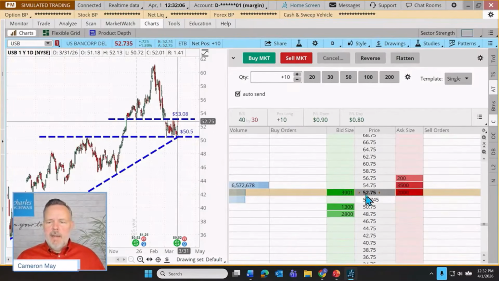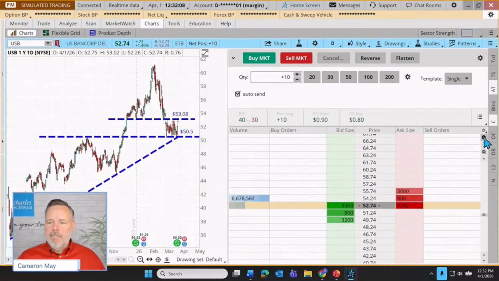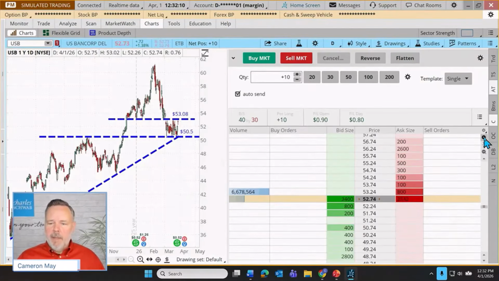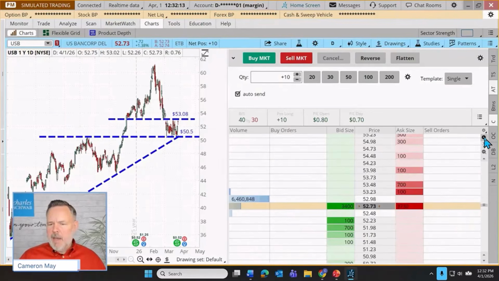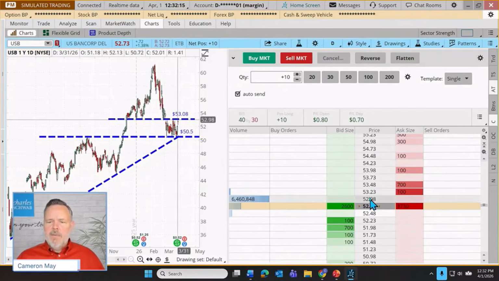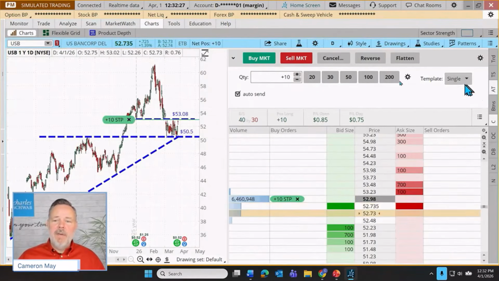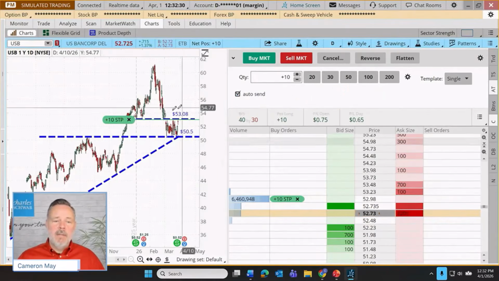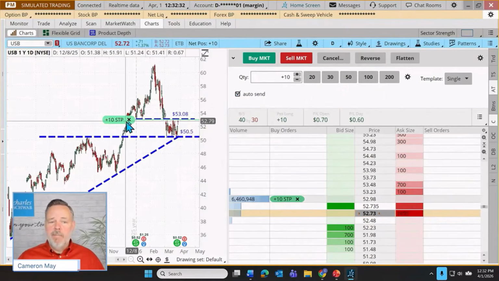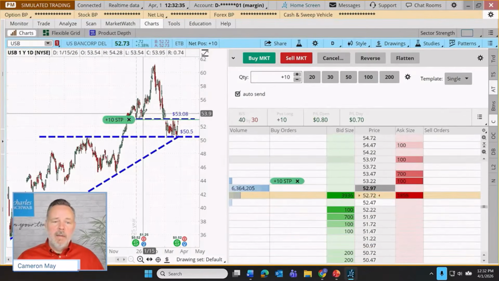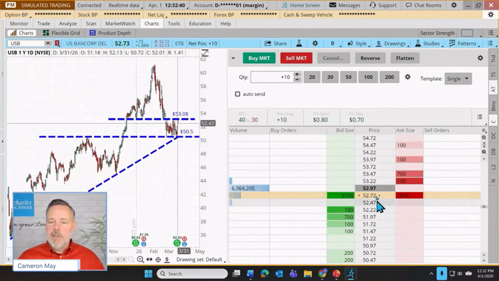So if I wanted to put in, I clicked on the wrong one. Rookie error. Let's go the other direction. Let's see, what are we at now? There's our 25 cents. So for example, if I wanted to put in a buy stop order close to the $53 price, I can click on that bid price, and that created that buy stop order. Now notice I still have my auto send selected, so it didn't wait for a confirmation. If I don't want that, I need to click that off. So let's click and cancel that order. I'm going to turn off that auto send function.